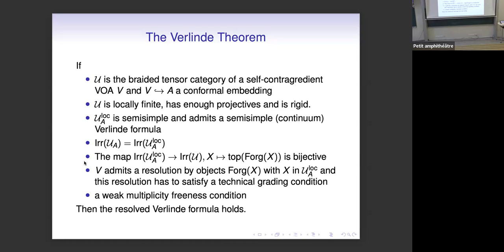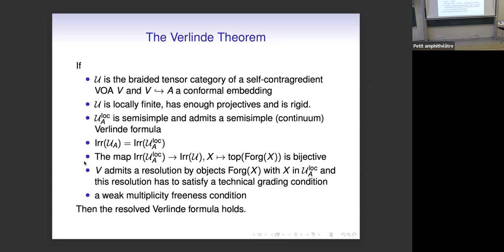But again, the essential thing is you need that the irreducible A modules are all modules of the free field VOA, and you need that there's a one-to-one correspondence between simple modules of your smaller VOA and your bigger VOA. If you have these two properties, and then also you have to assume that V, the vertex algebra